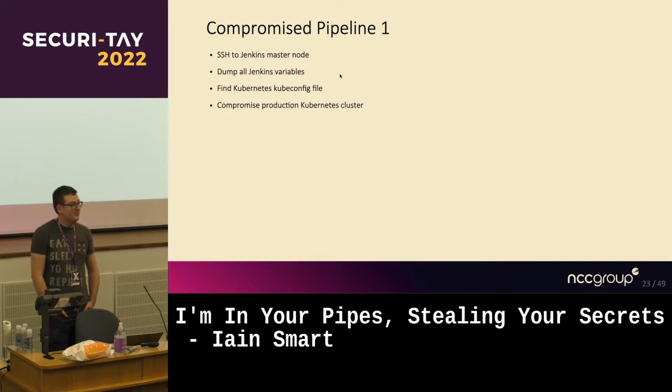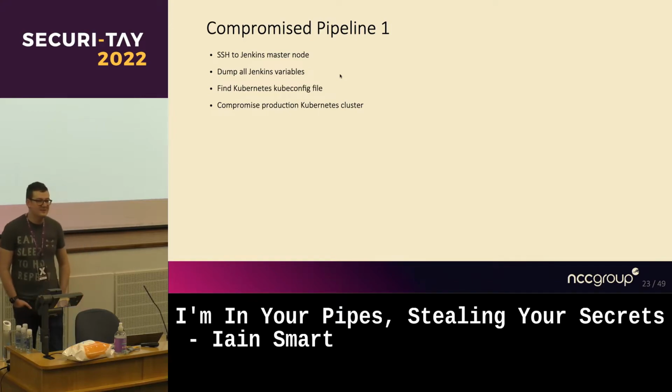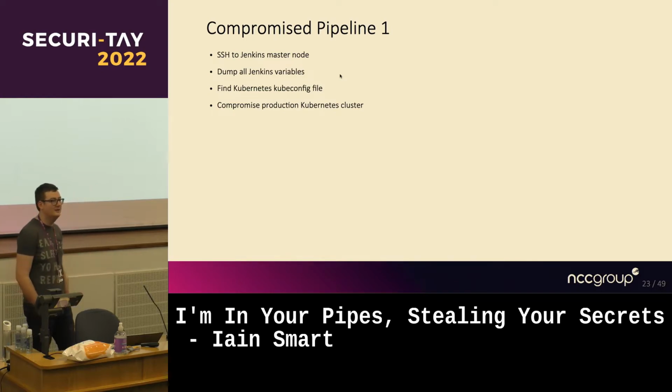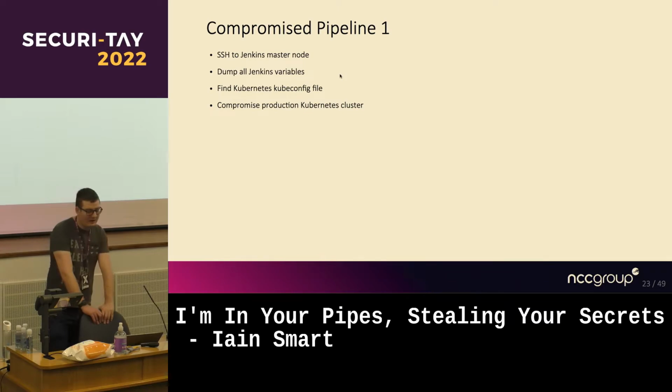If anyone's not experimented with Kubernetes before, don't do it, it's awful, but it's also brilliant. Authentication's handled through another YAML file, and then generally either a token or a client certificate. This kubeconfig file that we found pointed to their production running environments as cluster admin, which is wildcard, you can do whatever you like. So we were able to run kubectl commands. And at this point, we have admin over the client's running production environment. From a Meterpreter shell, SSH keys, dump more secrets, we've got access in prod.